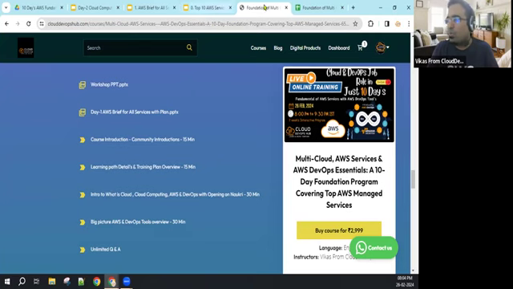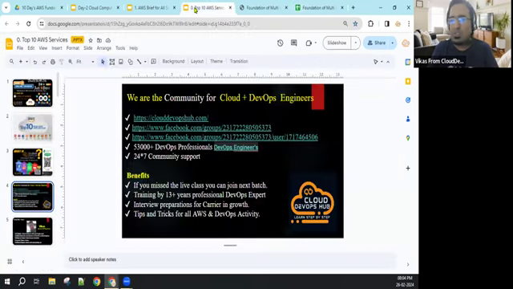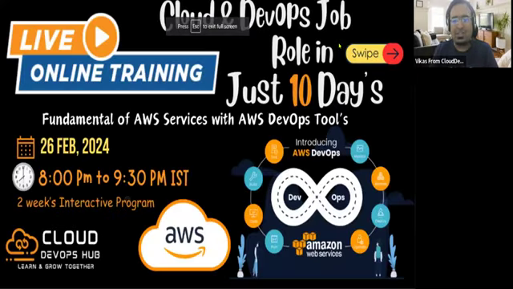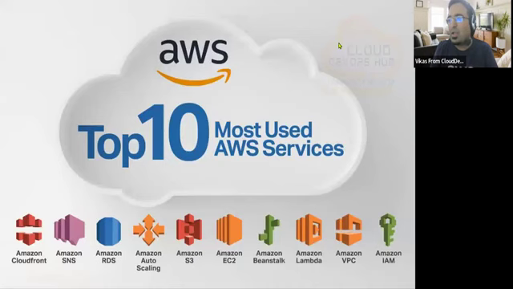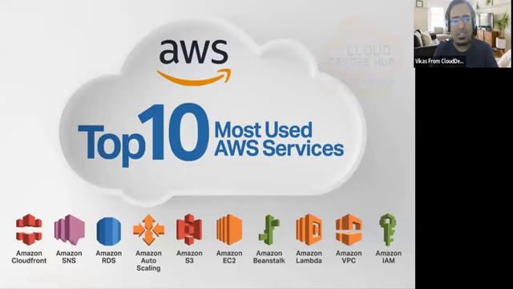Cool. This was just a small introduction. Now let's come to the community introduction: who we are and why we are doing this. Let's come to the zero PPT. This is the slide, this is the image you have seen, that's why you are here. Now, the top 10 services I'm showing in this image are the top 10 services we have to be aware of, and by the end of the sessions you will be aware of these 10 services for sure.